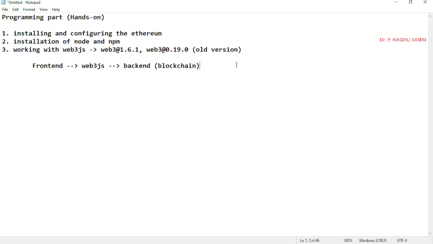So we can write the programs and run them via Node, or we may also initialize it in the browser code or the HTML code, and make use of the backend, that is a blockchain. As part of this, we have seen simple commands for creating an instance of Web3 and accessing the accounts.